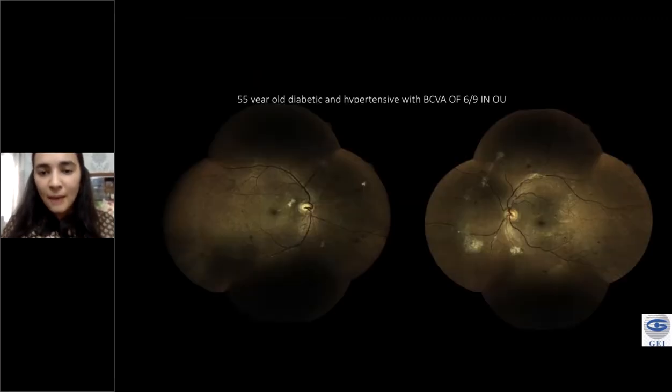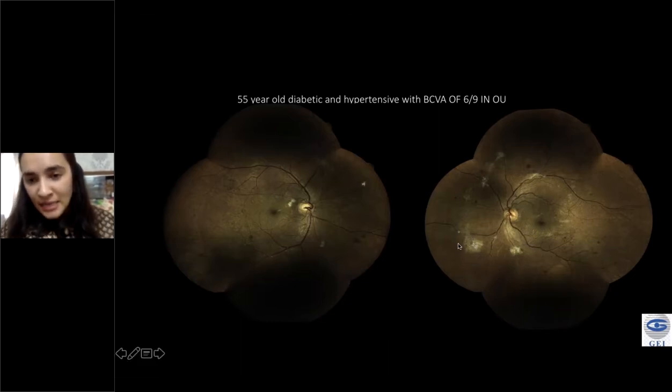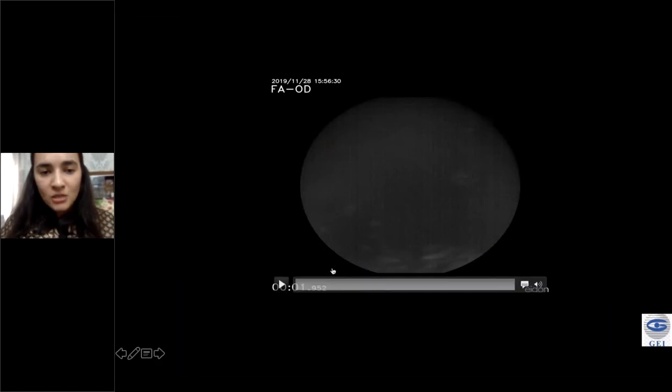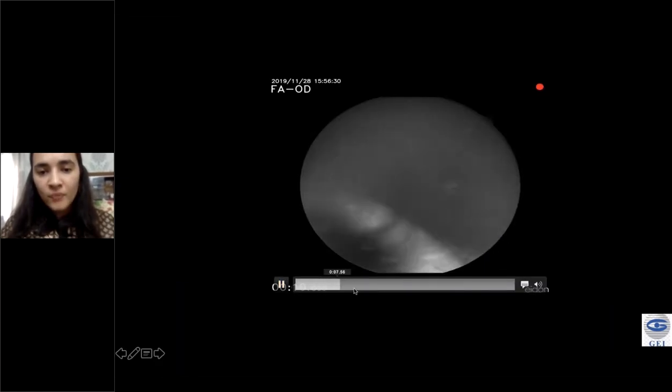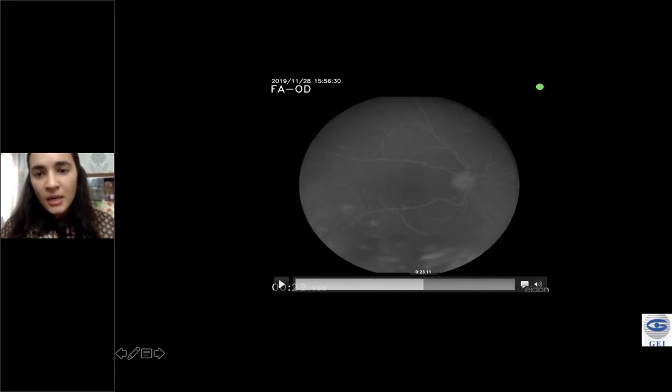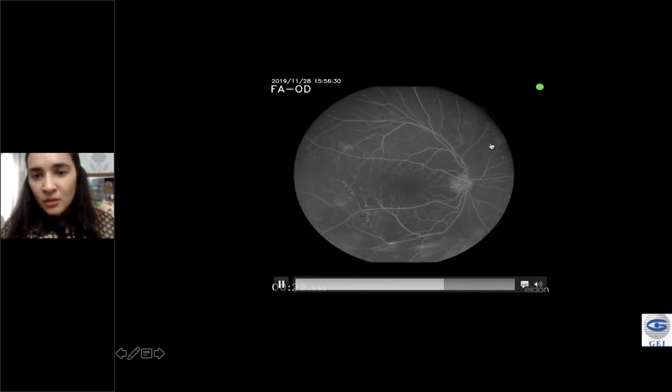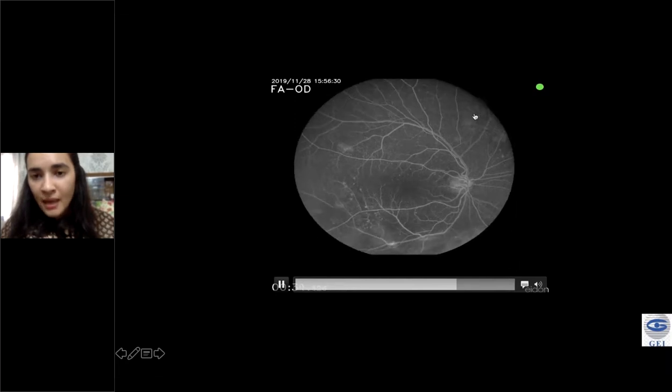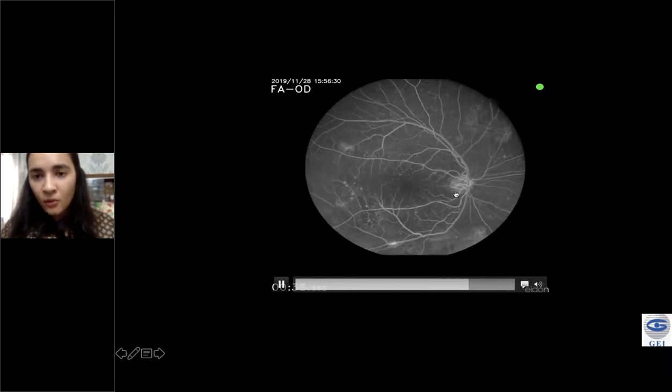So this is again a diabetic patient. If you notice, there are cotton wool spots in the left eye, nasal, inferior aspect. There is a frond of neovascularization with some kind of fibrous proliferation as well. You need an angiogram to manage such patients to know what you're dealing with. So if you see carefully, this is the right eye angiography video. As we proceed further, keep your eye on the superonasal aspect, you'll see a beautiful frond of neovascularization.